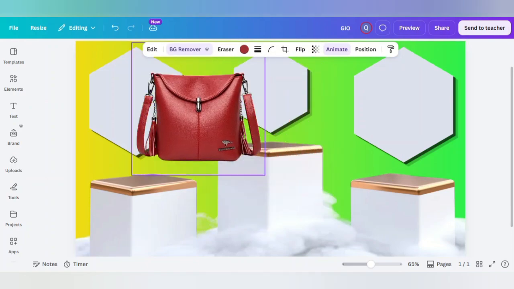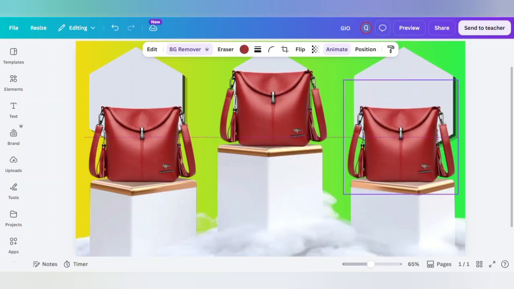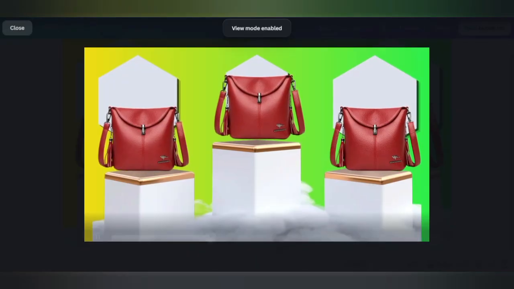Upload your product image and place it in the center or slightly off-center for a modern composition. Add a bold headline, a short product description,